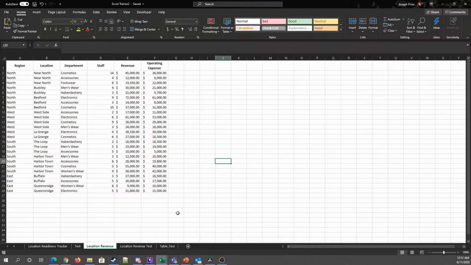So what we're looking at is a more detailed view of each of these locations, and it tells us what region they're in and also what departments are contained within each location. And then we also get access to how much staff at that location is assigned to each department. We're also given a revenue and an operating expense. Now, again, all of this data is dummy data,